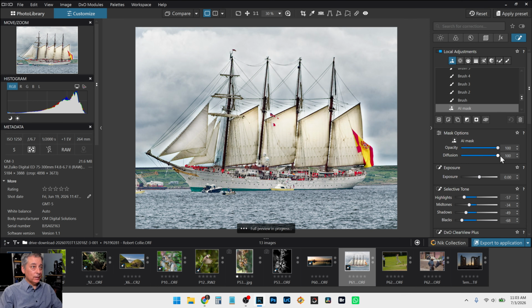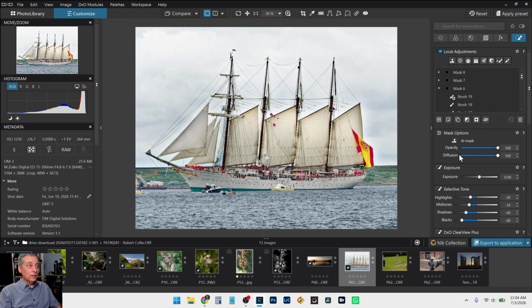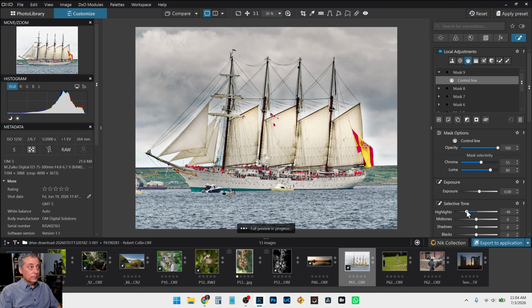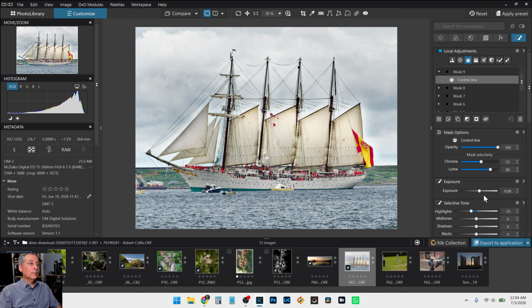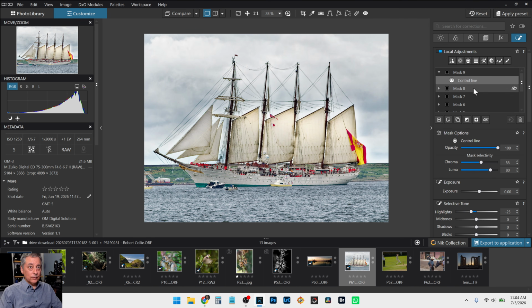If I diffuse that and not make it so dark. All right. And then let's use a control line instead. Tighten up the luma and the chroma. Okay. And the front mask,